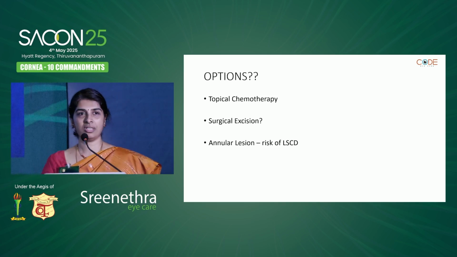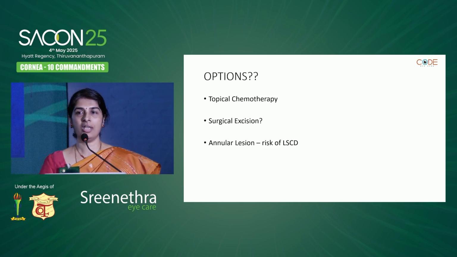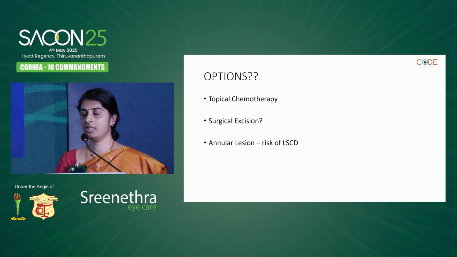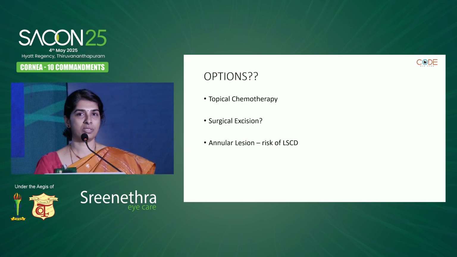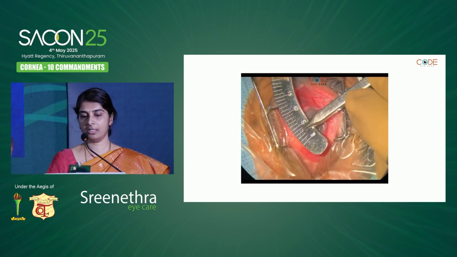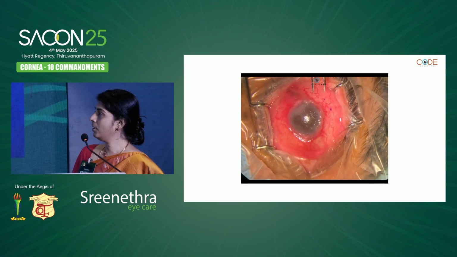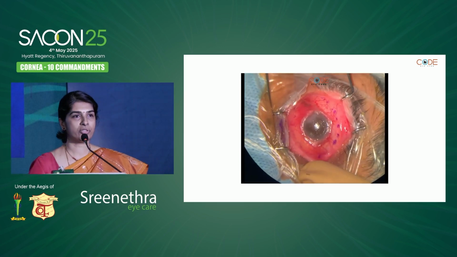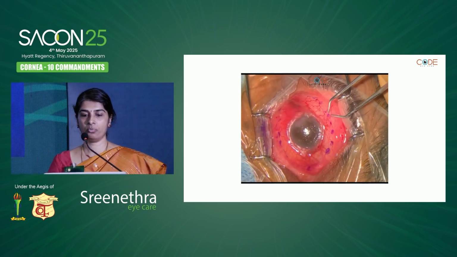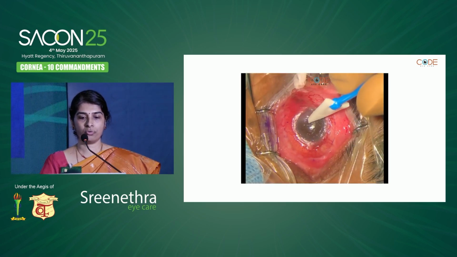Surgical excision, yes, this was an annular lesion that we were dealing with, an extensive lesion. And if you would go in and do a surgery, there was a very high risk of creating surgically induced limbal stem cell deficiency. But there weren't too many options, and this was a patient that I went ahead and did a surgical excision for, which basically also highlights the principles of surgical excision of OSSN, where you have a wide margin excision of close to 4 millimeters.